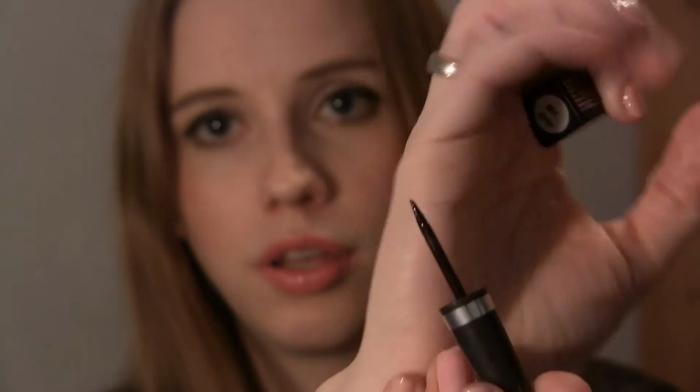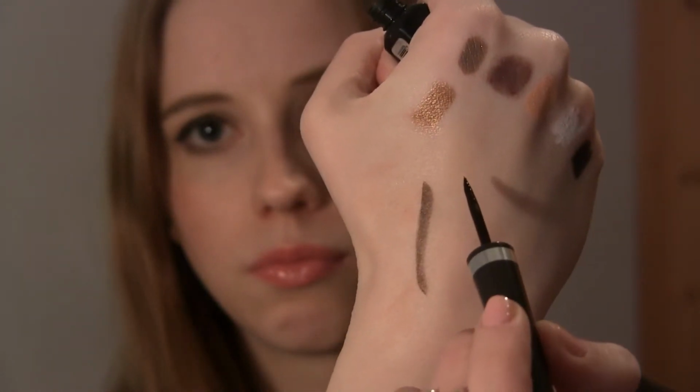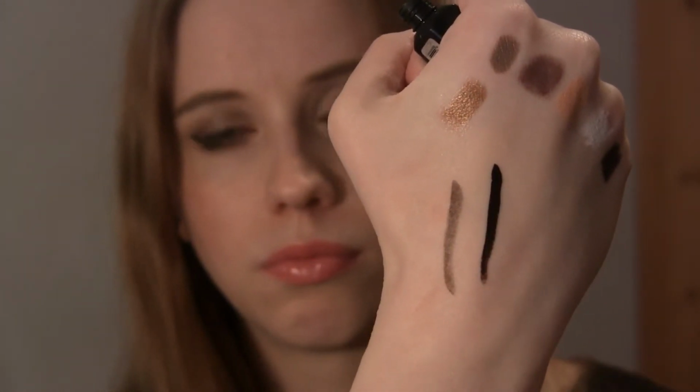typical liquid liners. This is Isadora Colorful Eyeliner in dark brown. This has been my favorite for years. And this has like a brush tip applicator. And I think this is really nice to create a wing liner with. It's very dramatic, and you can kind of,